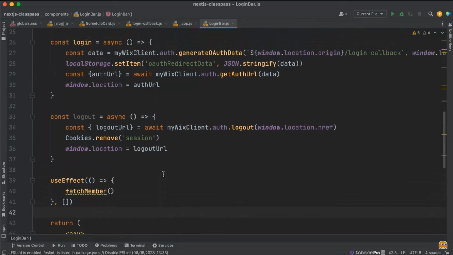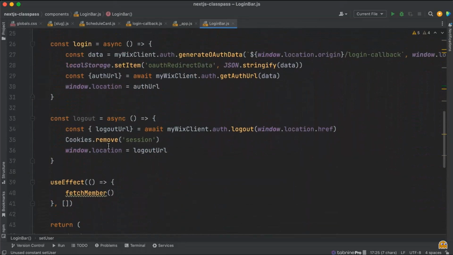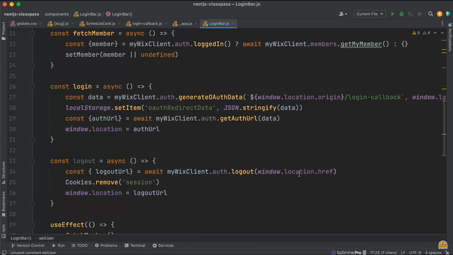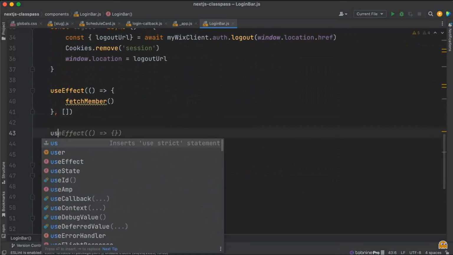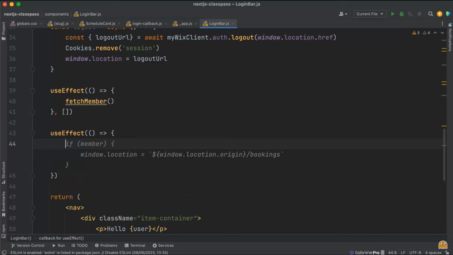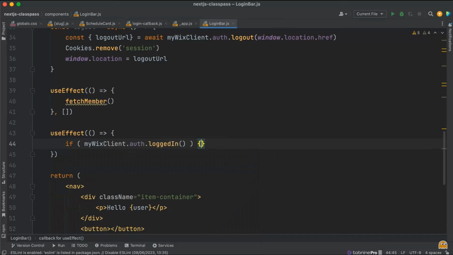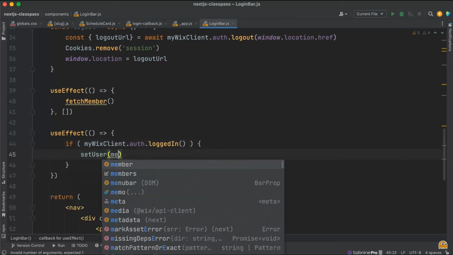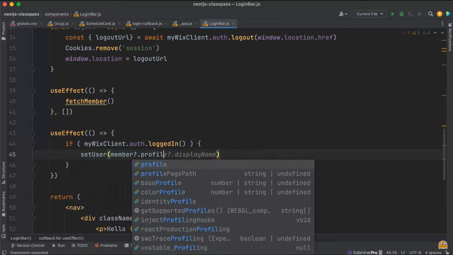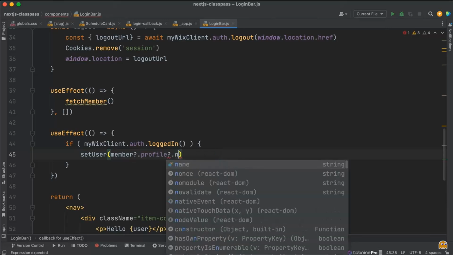Great. The other thing we need to do is set the username, right? So depending on if we are logged in or logged out, we want to either show the username or visitor. And again, I'm going to put this in a use effect. So use effect. And I'm just going to write if my Wix client auth is logged in, and that is true. I'm going to set user to be, well, if member exists, I'm going to go and find the profile of that member. So this is just the object member,